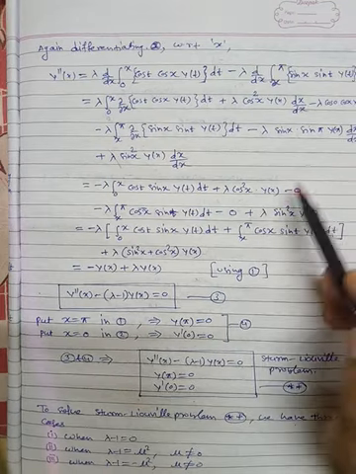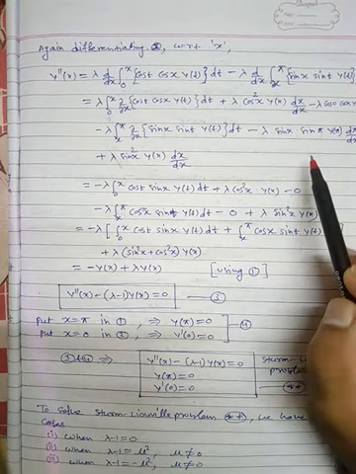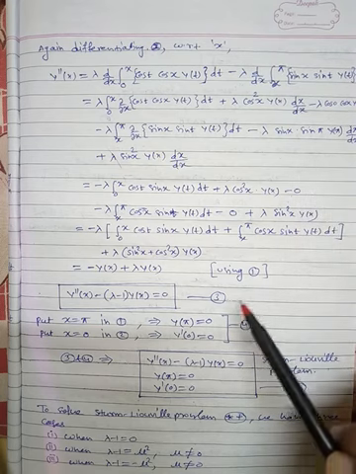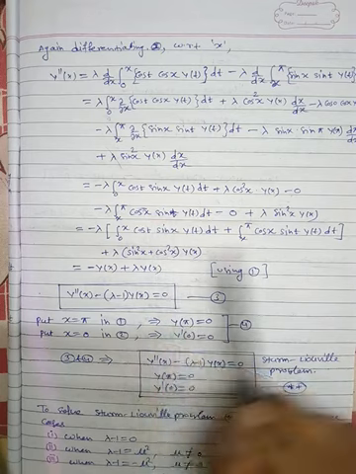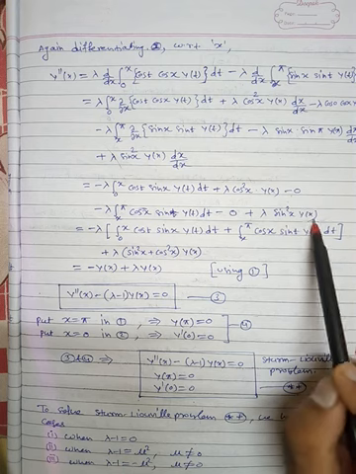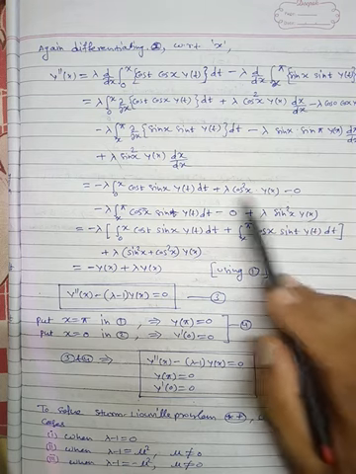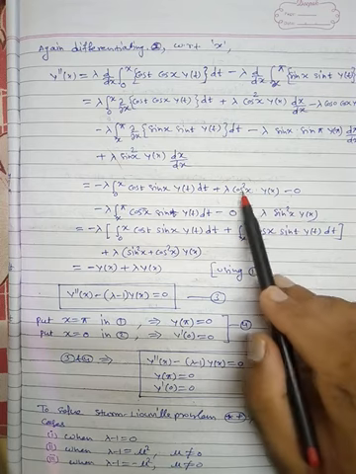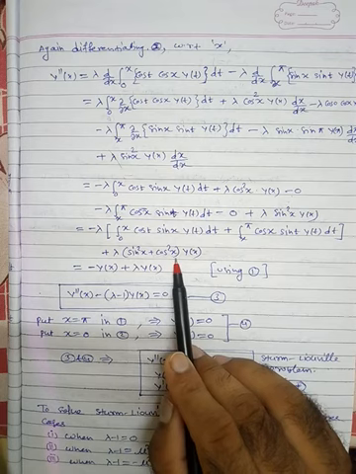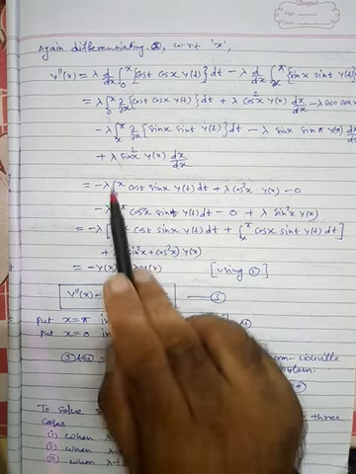Fine. Now here this is 0. Why is this 0? Because this is a constant. We are differentiating. Similarly, this will be 0. That's why this is 0. So we are having only the remaining terms, lambda cos square x and lambda sin square x multiplied by y(x) and y(x). So from these two terms we can take lambda y(x) common. So we are having sin square plus cos square, which is 1. So this is written here. And then this integral is written here. We are taking minus lambda common from here and here.